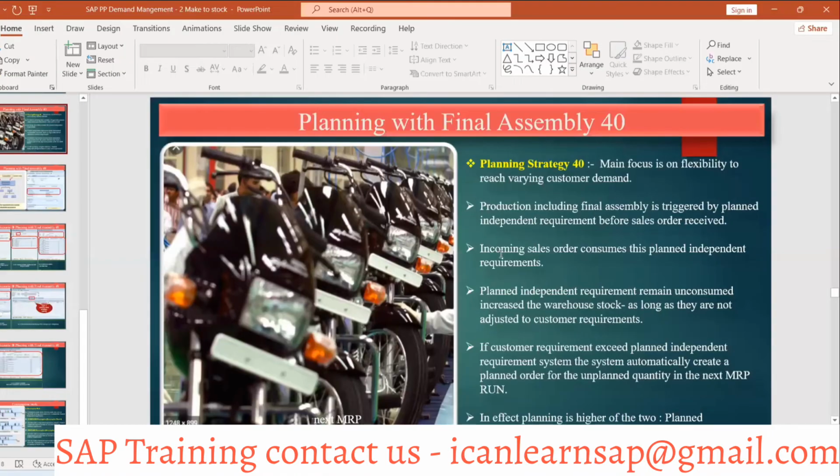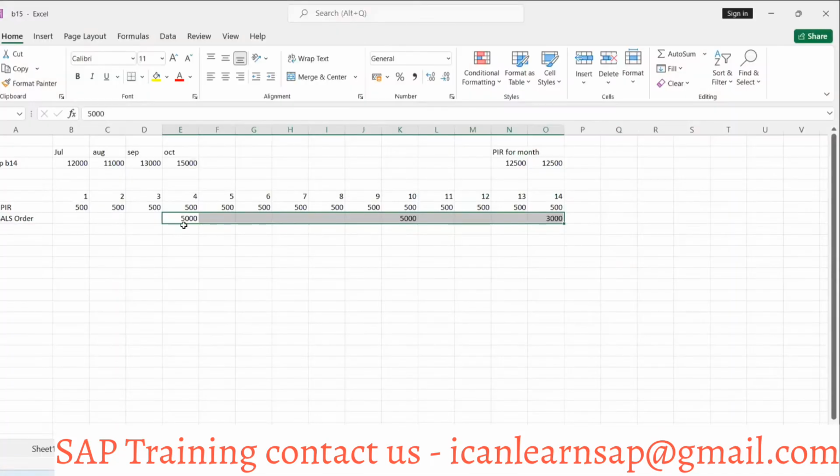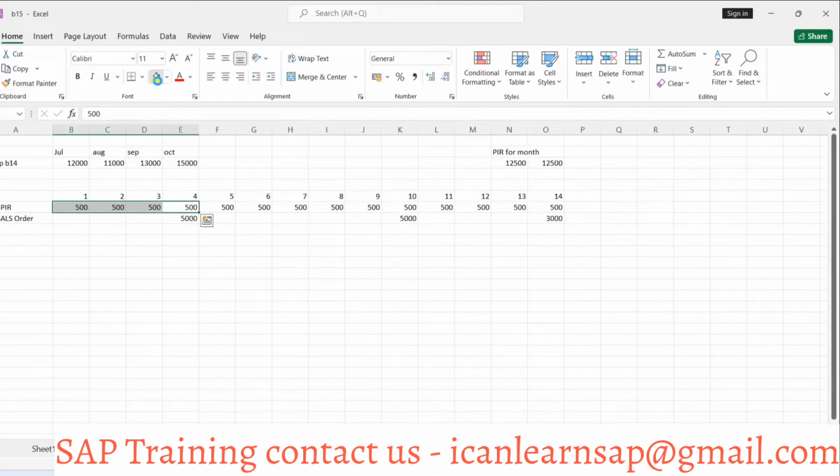So the incoming sales order will consume the planned independent requirement. How does it happen, I will show you. Here you have a 5,000 quantity requirement. This 5,000 sales order will engulf this PIR. This much has been engulfed, and now this will engulf this much. So this 5,000 is tallied here, and now this 5,000 has been consumed. This 5,000 sales order will consume the first 2, 3, 4 days and the next 4 days. Now the next 5,000 will go like this. It will consume